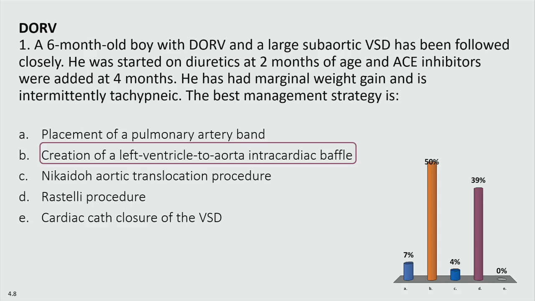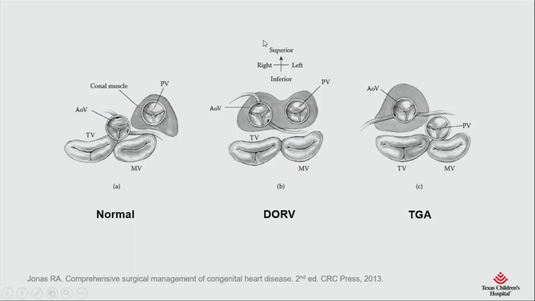The pulmonary valve is actually oriented more towards the right ventricle, so you shouldn't be obstructing it with your baffle. And obviously, cath closure of the VSD wouldn't necessarily be able to create that baffle. So this is an image that I found very useful to understand the relationship between a double outlet right ventricle